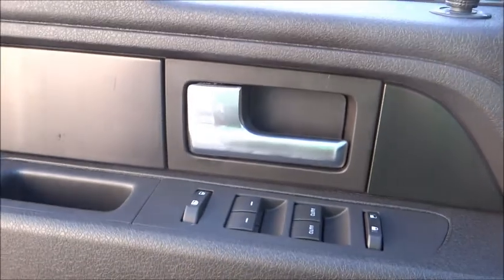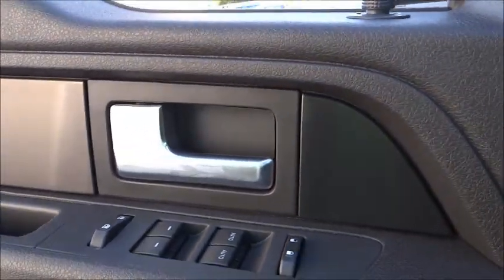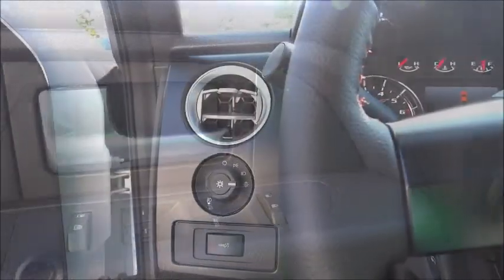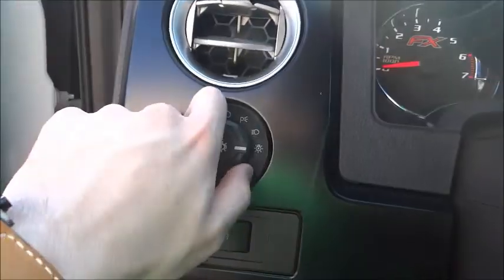Taking an extra look at the door here, like I said, they are very hefty, very heavy rubberized material covering all the way around, a lot of storage space down there, the brushed aluminum handle, as well as all the window and lockable functions for the driver's side. This vehicle does have automatic lights,